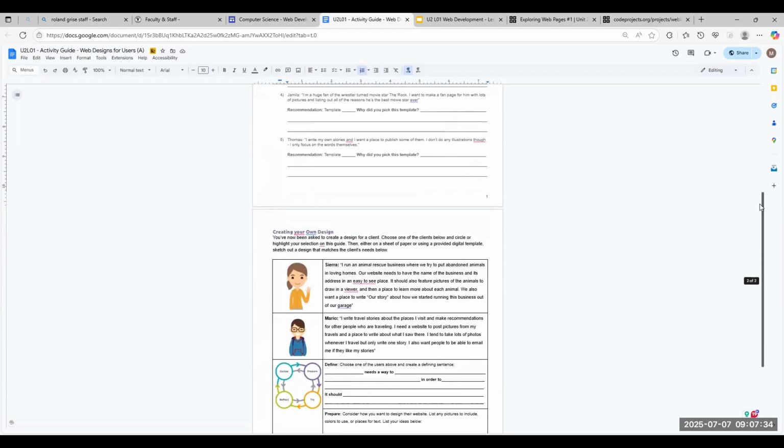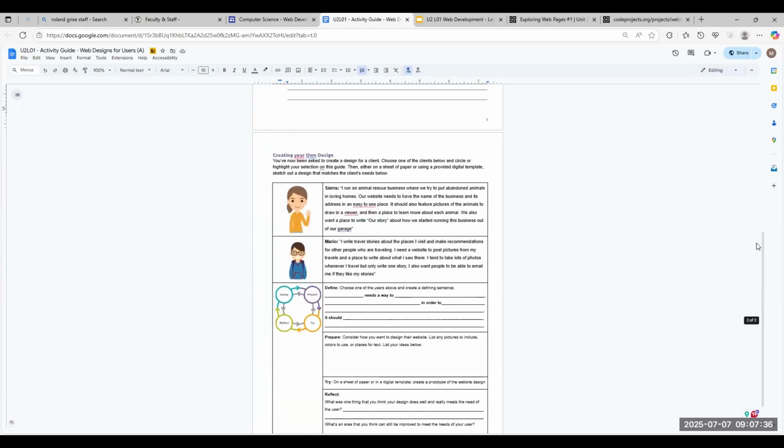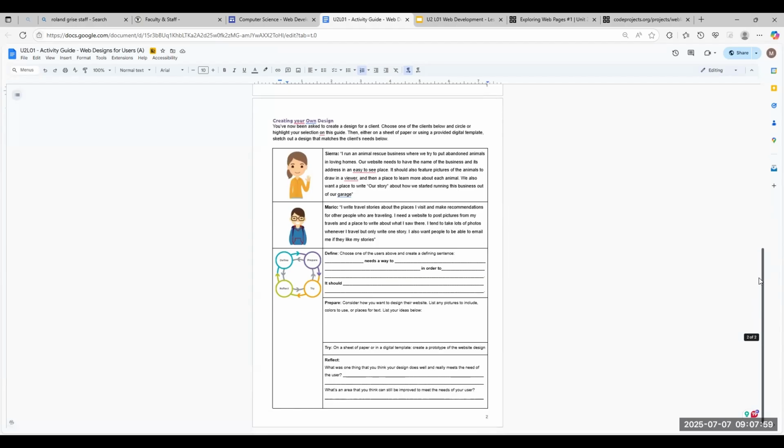Next, you're going to move on. You are now a web developer and are developing a website for a client. All right. So you're not making the website how you want it. You're making it how they want it. Now, you're not actually going to put this website together. So we're just going to read it, and then you're going to go through the problem solving process, which is